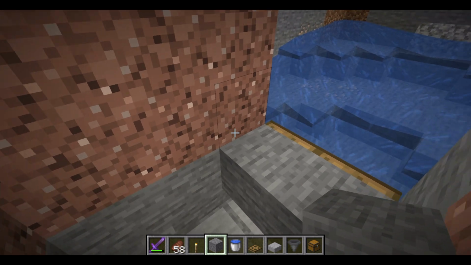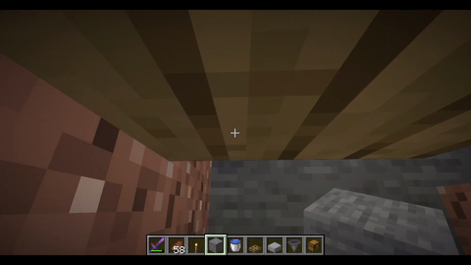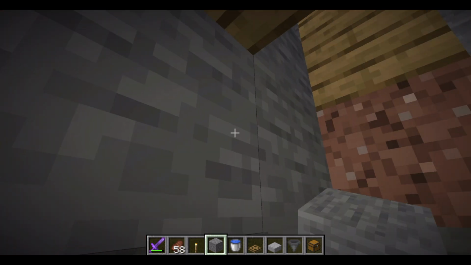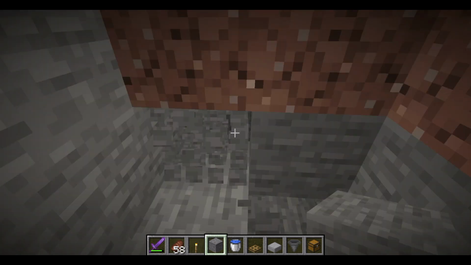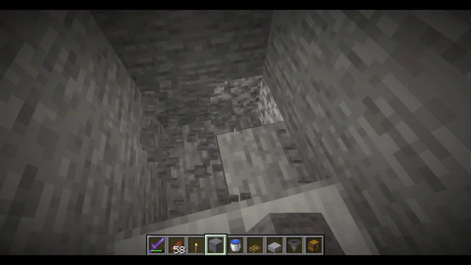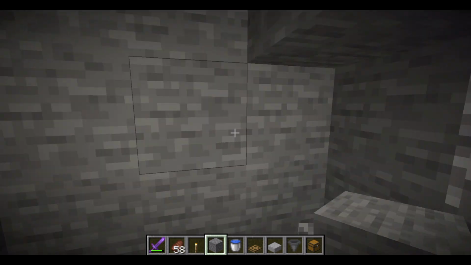Then we're pretty much done with this section, so we can close it off, but we're going to go back in there just to break all the torches because they're going to be in the way. Now I'm going to go through here and make an AFK spot. So if I break into here and just make a room